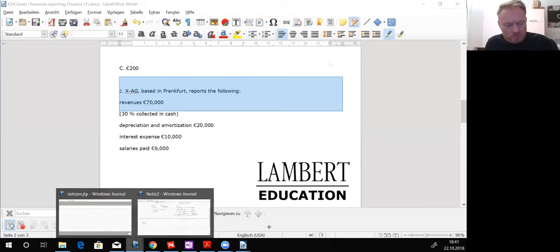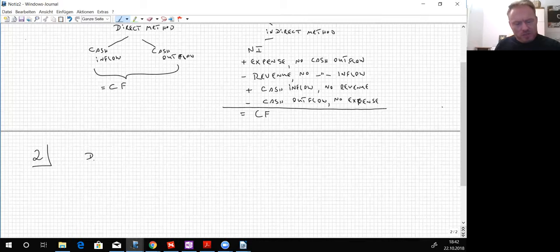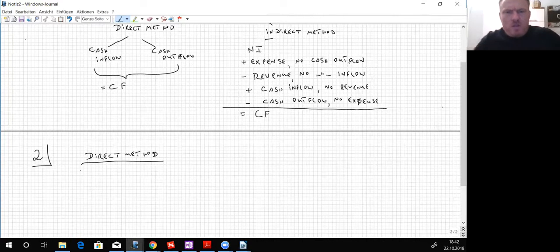Now, there is a cash inflow, but not $70,000 are going to come in as cash inflow, only 30%. 30% are going to come in. So the direct method: if we try to compute cash flow directly, it's going to say this: cash flow equal to cash inflow, meaning 0.3 multiplied by 70,000 euros, plus